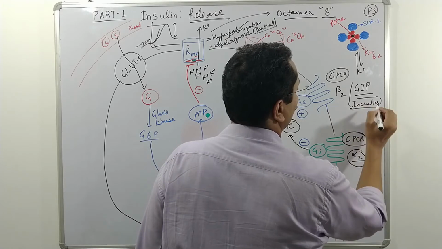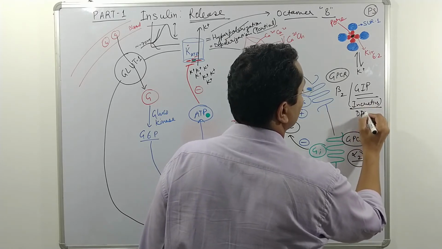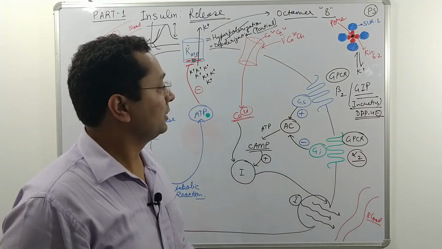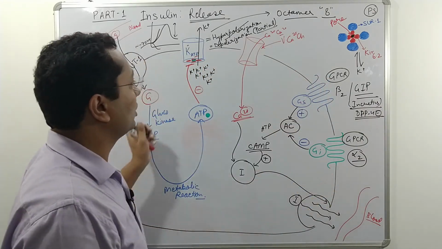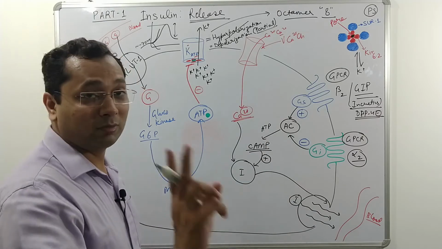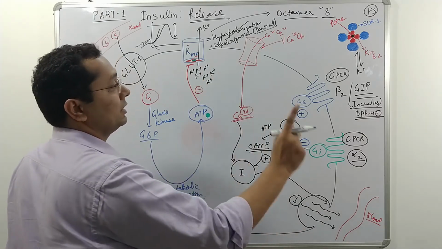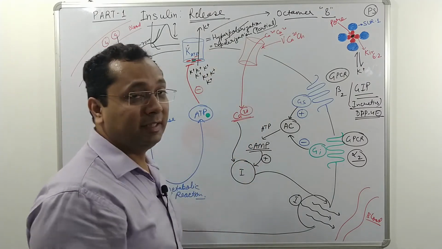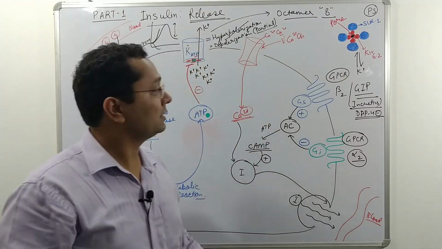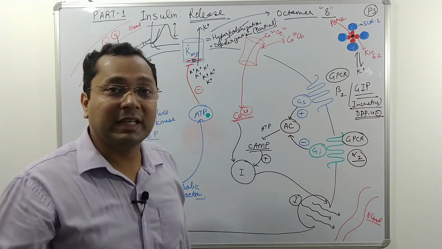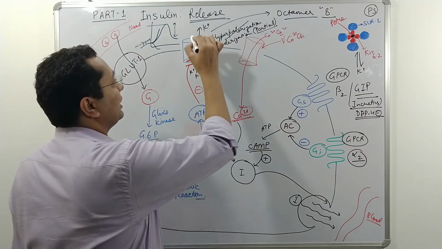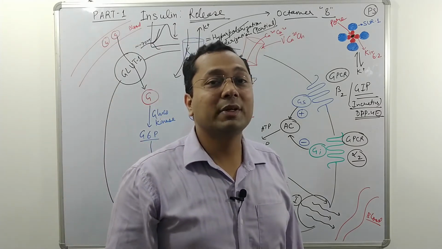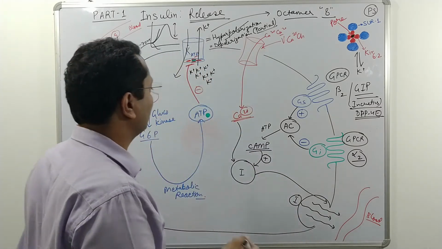Incretins, DPP4 inhibitors, they act here, correct? So this is how the insulin will be released. But one very important thing that I told in the beginning, that this ATP sensitive potassium channel leads to influx and outflux. It also has an inward rectifier current, because in some conditions potassium has to be imported inside the cell also in order to inhibit the release of insulin, correct?